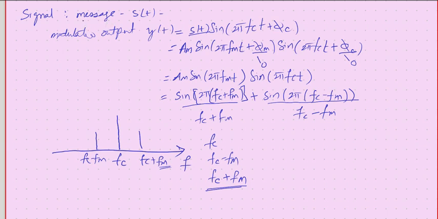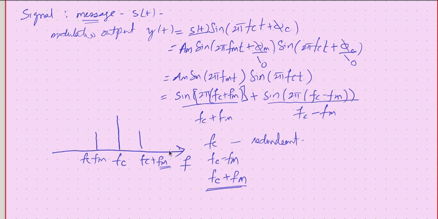If you look at what is important, the message signal is important, and the message signal is there in the fm term. That means either fc plus fm or fc minus fm will be useful for getting this fm term. So what can be done is either use this or use this. But this one is not going to have any message, and hence it can be assumed to be redundant.